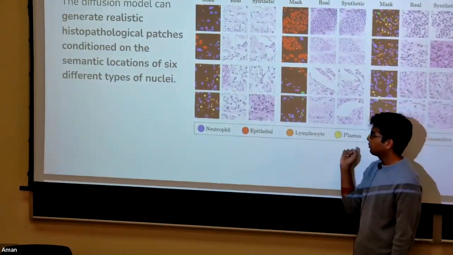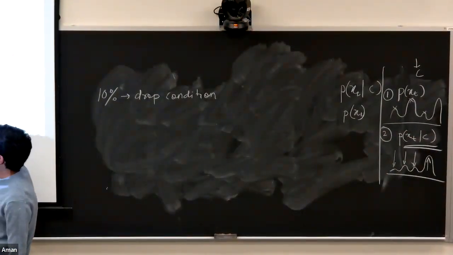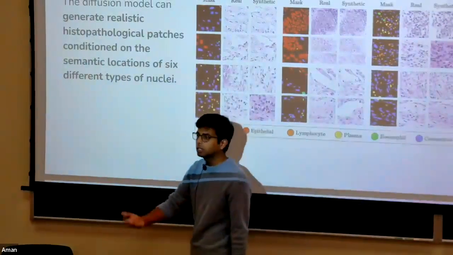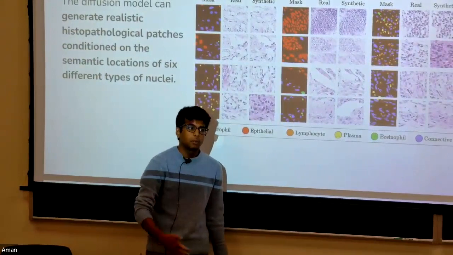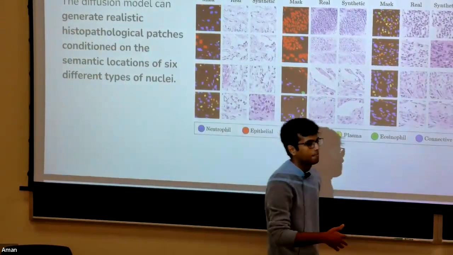And you can also generate, for example, these epithelial cells are more common in the data set as opposed to, let's say, a plasma cell. A plasma cell is very rare in these data sets. So what you can do is generate way more samples of plasma cells, and that can then be used to train downstream models and also pathologists, to show them what these rare types of nuclei cells and